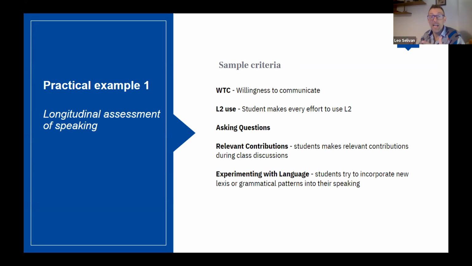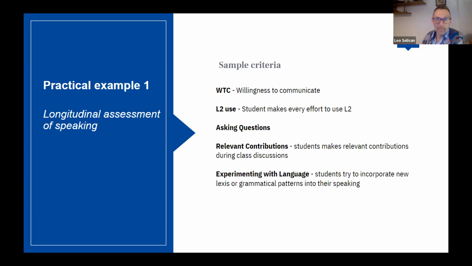It's been shown that to facilitate acquisition of a second language, the higher the learner's WTC, willingness to communicate, the higher their chances of successful language acquisition, which, intuitively, most of you would agree, makes sense. The more you use opportunities to speak the language,